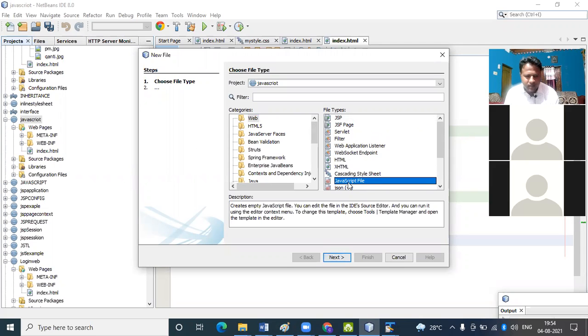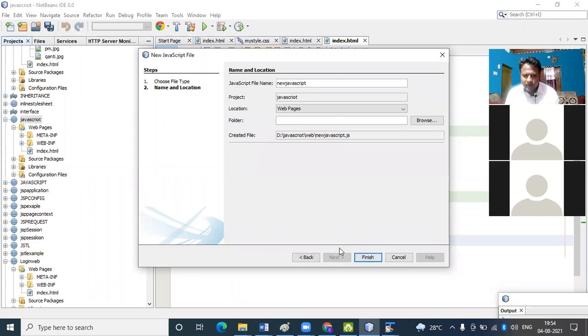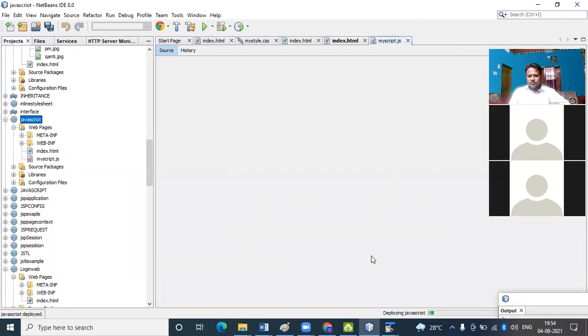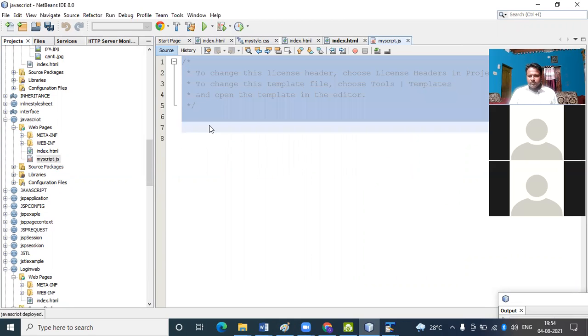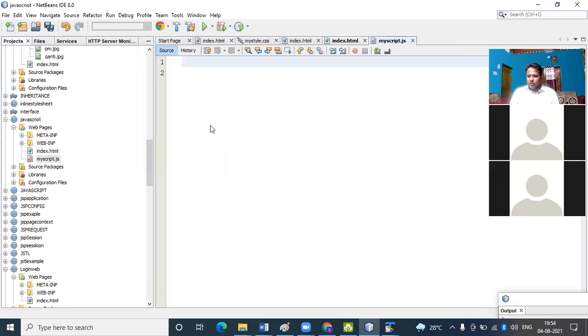Okay, this one. So I give here, it is an external file, so I give the name my script. Always use the IDE for better performance of your application. Here there is no need to use anything.